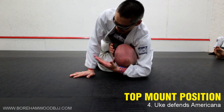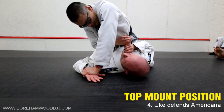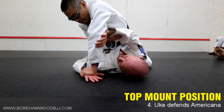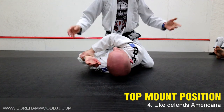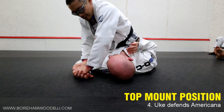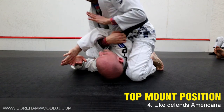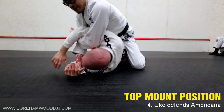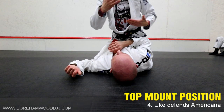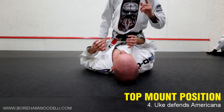So a likely reaction to the Americana is that he'll either push this arm or go through it and retrieve his own arm. That's a very common defense, it's taught everywhere, right? So with the arm push, I've got what I want, which is getting ready to attack the armbar. With the through-arm version, I've still got what I want, it's just that you're using the other arm. I don't know if you want to draw that, it's really basic, right? What I really want to show you